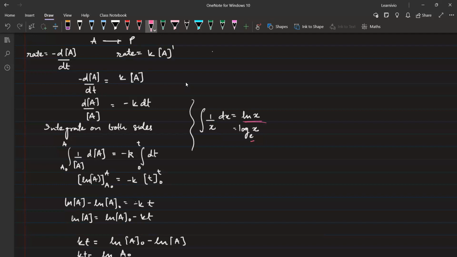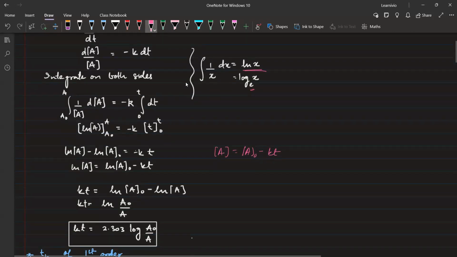अब यहाँ से ना एक सिमिलैरिटी है जिससे आप इस एक्सप्रेशन को याद रख सकते हैं. जो जीरो ऑर्डर था, that was A is equal to A naught minus kt. तो बस अब A की जगह क्या हो चुका है, ln A and ln A naught is there. ठीक है. Even though we are not going to directly use this particular expression for numerical purposes because we don't